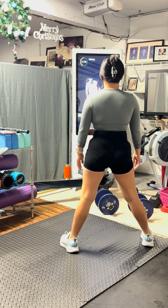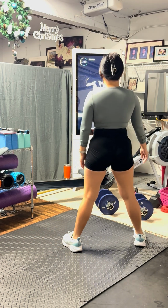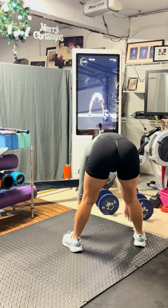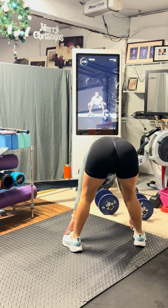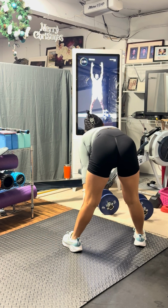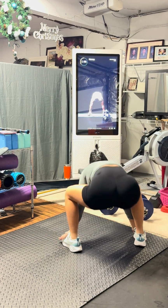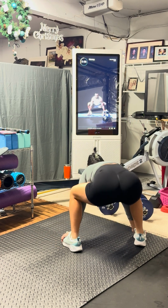All right, you guys, we're gonna go bottoms up squat. Feet are gonna be a little bit wider than the hips. We're gonna bring the hands all the way down to the floor. Sink the butt, get the chest up, drive the hips back up, and then we're gonna stand it back up through the top. Again, forward fold, down the middle, hands to toes, sit down in that squat,